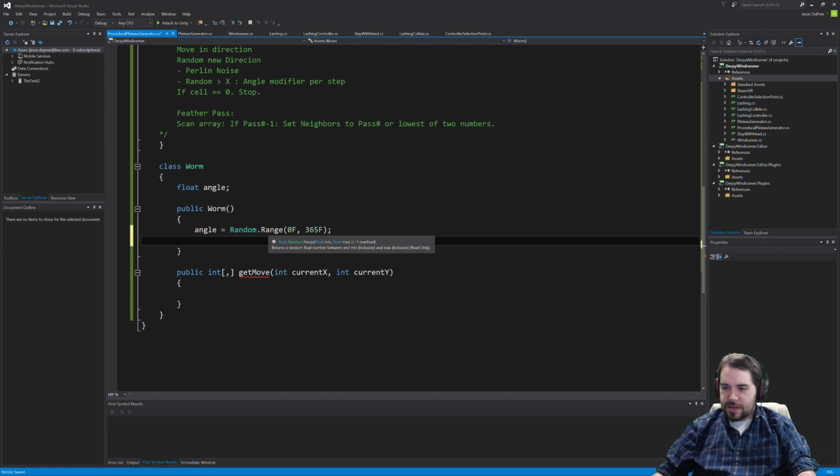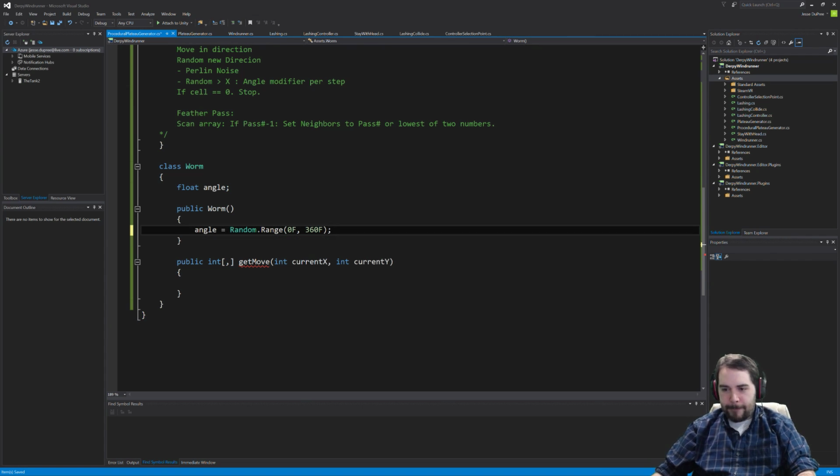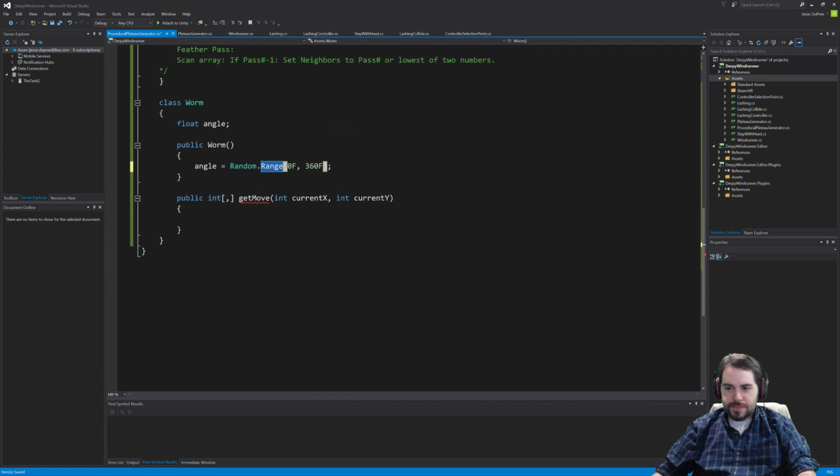That is inclusive, right? Yeah, min inclusive and max inclusive. Okay. 360, not 365. Cool. So that will give me my angle. And is there an easy way of converting angle to... Yeah, I guess... Yeah, that's fine. Okay, so...